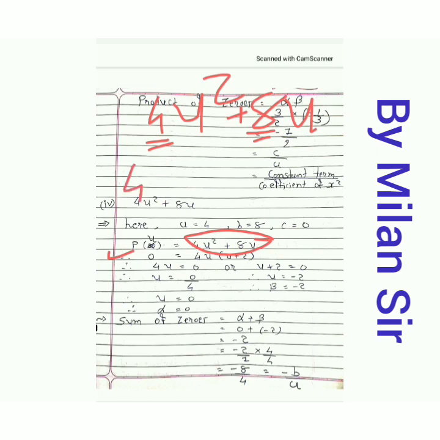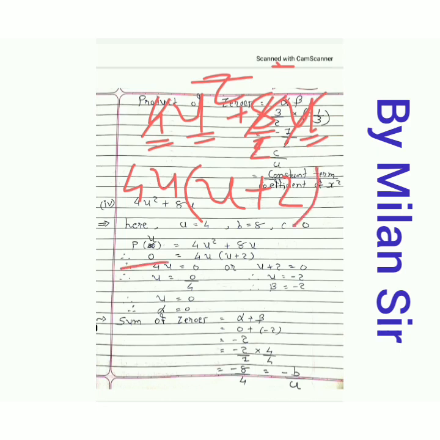And second thing, from u square and u we can take u as common. So now what is the remaining part? 4 is common, that's why cancel, and from u square one u is cancelled, so one u remaining. Then plus sign is there. 8 means 4 twos are there, so 4 common, so 2 is remaining, right? So I have written here 2, and u is common, so it also cancels out. So in the second line, 0 is equal to 4u in bracket u plus 2.